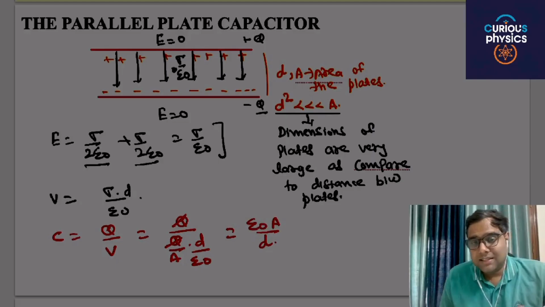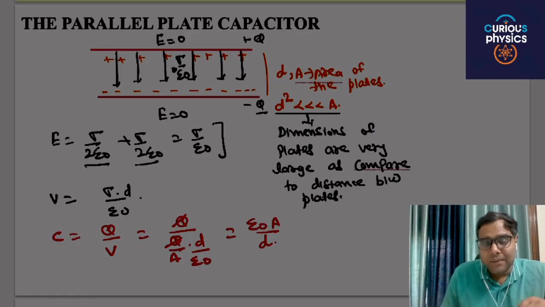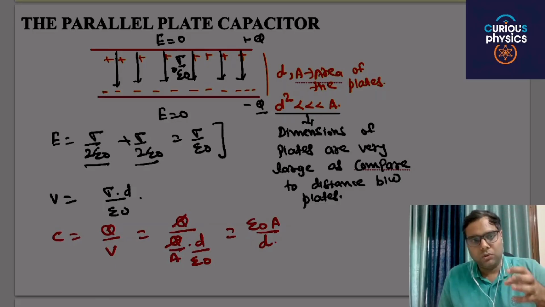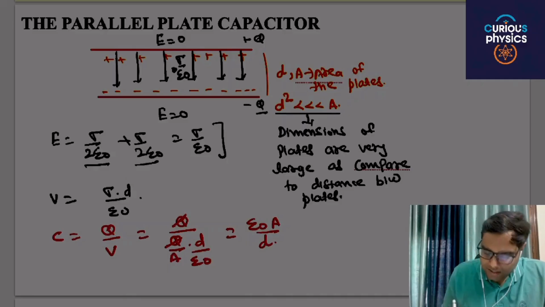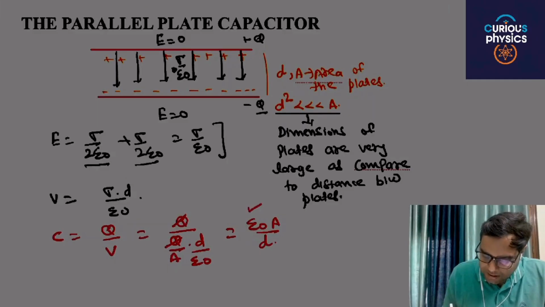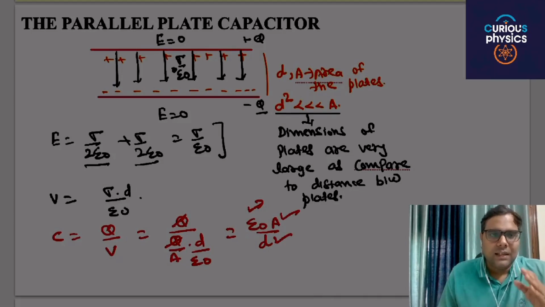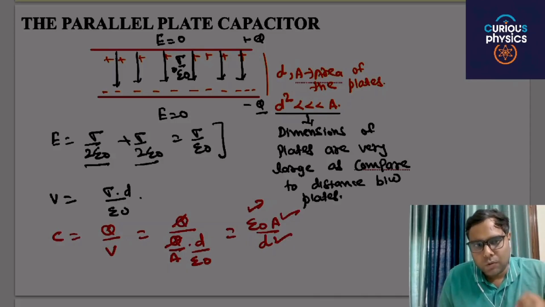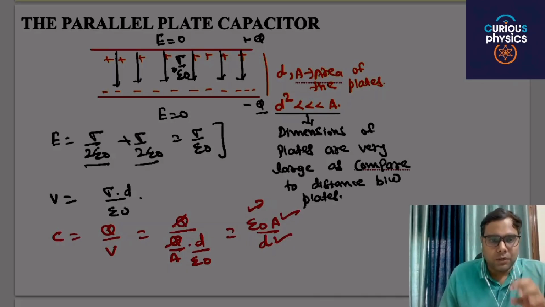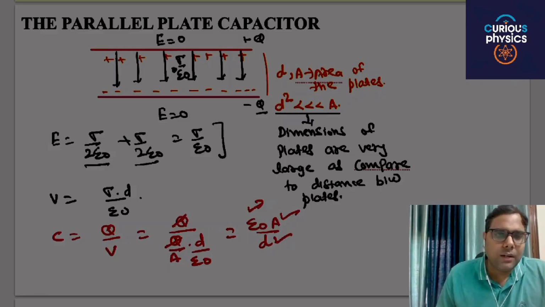So we can say that the capacitance is independent of the ratio of Q and V. Yes, we have defined, or found, this value by Q by V, but the result is basically only a property of the material and the dimensions of that particular capacitor, epsilon naught A by D. You have to remember this formula for this topic, epsilon naught A by D. Are you able to understand my point?